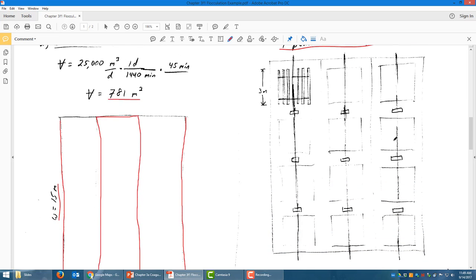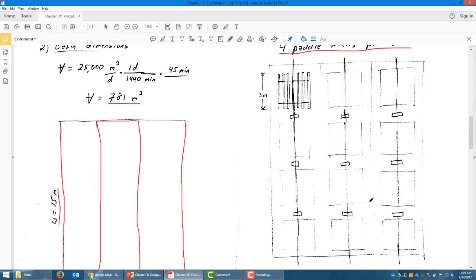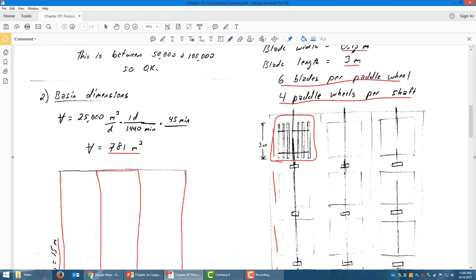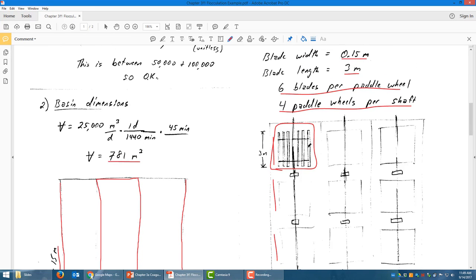What this means, again, if we're looking at the top view, we've got these 3 compartments. We're going to have 1, 2, 3, 4 paddle wheels per shaft, and I've drawn what one of those paddle wheels looks like in a little more detail here. So there we see our 6 blades. 3 meter width is given there, and again, each of these paddles is going to be 0.15 meters wide,